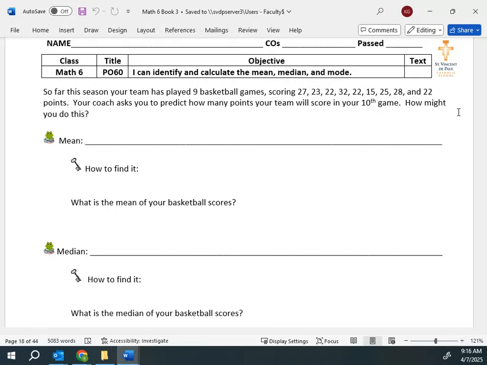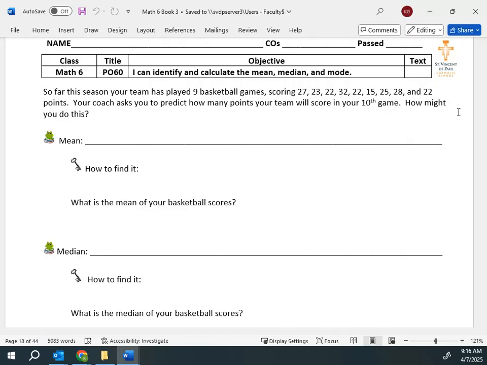If I say what is the mean of a data group, who remembers what the mean is? Lila. Add all of them up and then divide by the number of numbers. Yeah, the mean is the average. That's when we add them all up and we divide by how many there were. So you add up all of your data entries, and then if there were 9 data points, then you divide